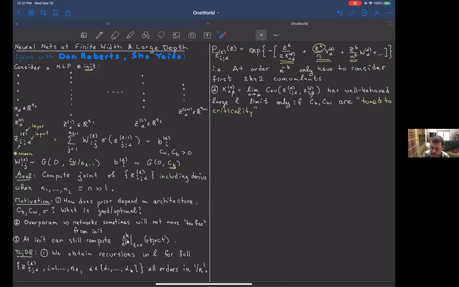I think that answers the question, I hope. So I'm saying that the first order correction in the infinite width limit is the connected 4-point function, or the 4th cumulant. And then there's the connected 6-point function, or the 6th cumulant, and so on.